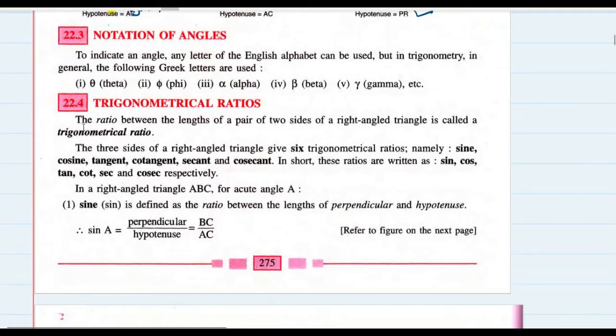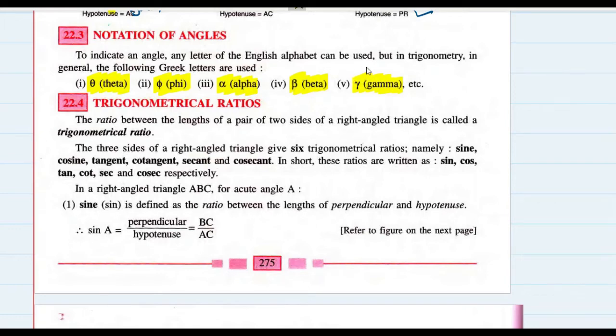Moving ahead, we have notation for angles. To indicate an angle, any letter of the English alphabet can be used. But in trigonometry, in general, the following Greek letters are used for the notation or indication of an angle. These Greek alphabets are theta, phi, alpha, beta, gamma, etc. These are the Greek letters which are used for the notation or indication of angles in a